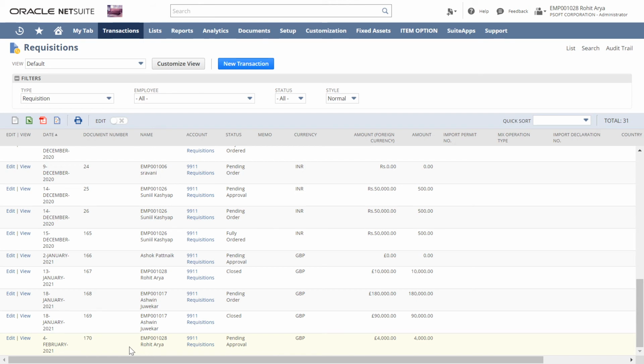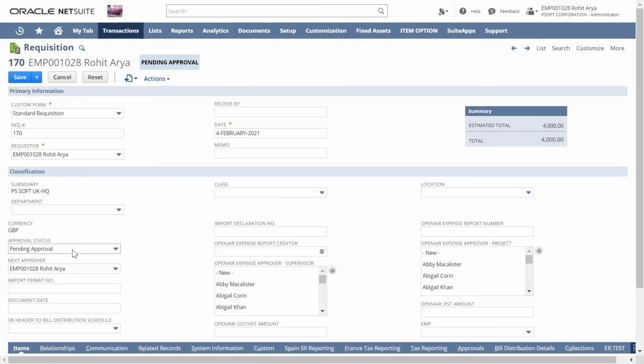So now we are going to approve the same. We will be clicking on the edit tab. And now the pending approval status can be changed from here to approved. And now we are going to save the requisition.